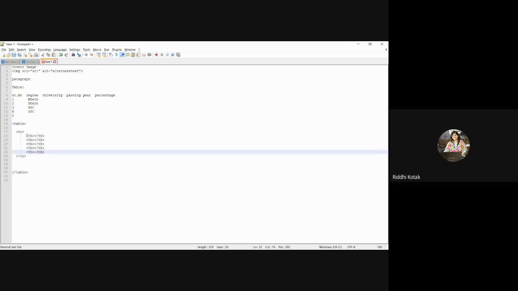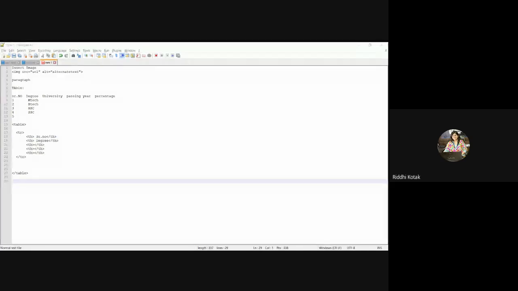Now just enter the details one by one. So serial number, then degree. Likewise, just complete it.